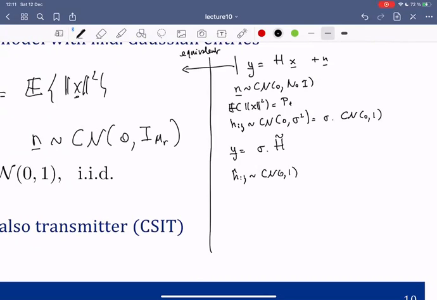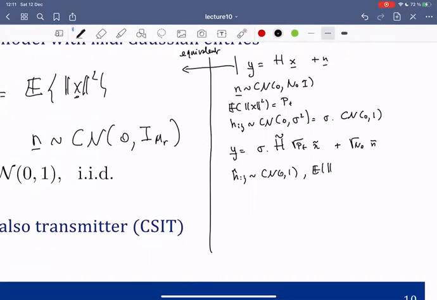And then the x, I will write here square root of P_T times x tilde, plus, and then in the noise, I will write square root of N_0 times n tilde. Okay, so this is the same observation model now, but now x tilde